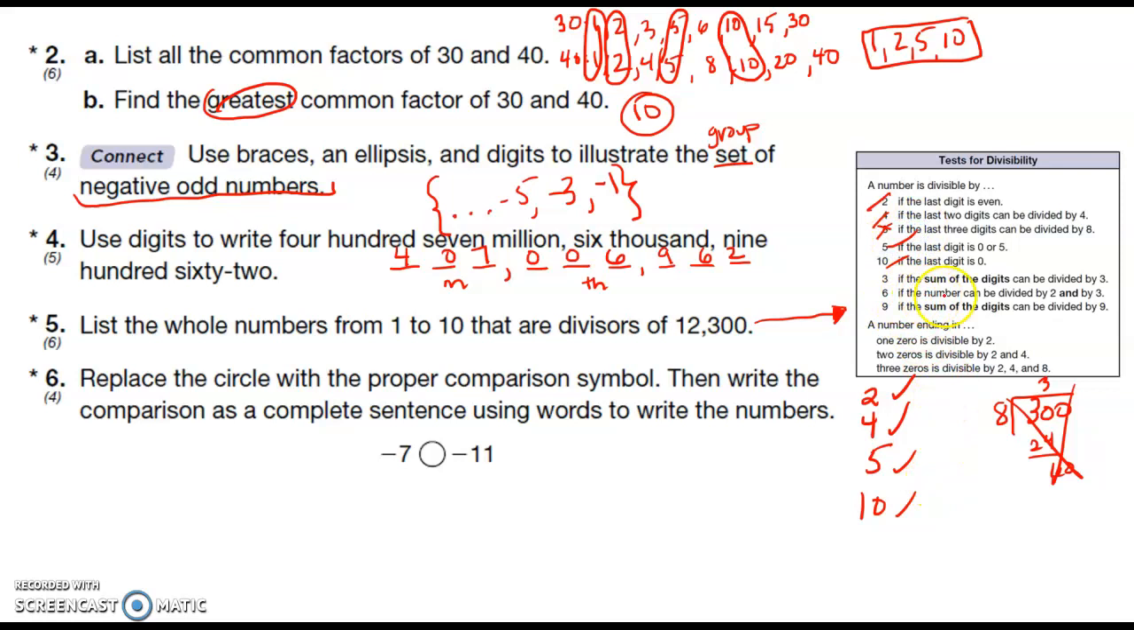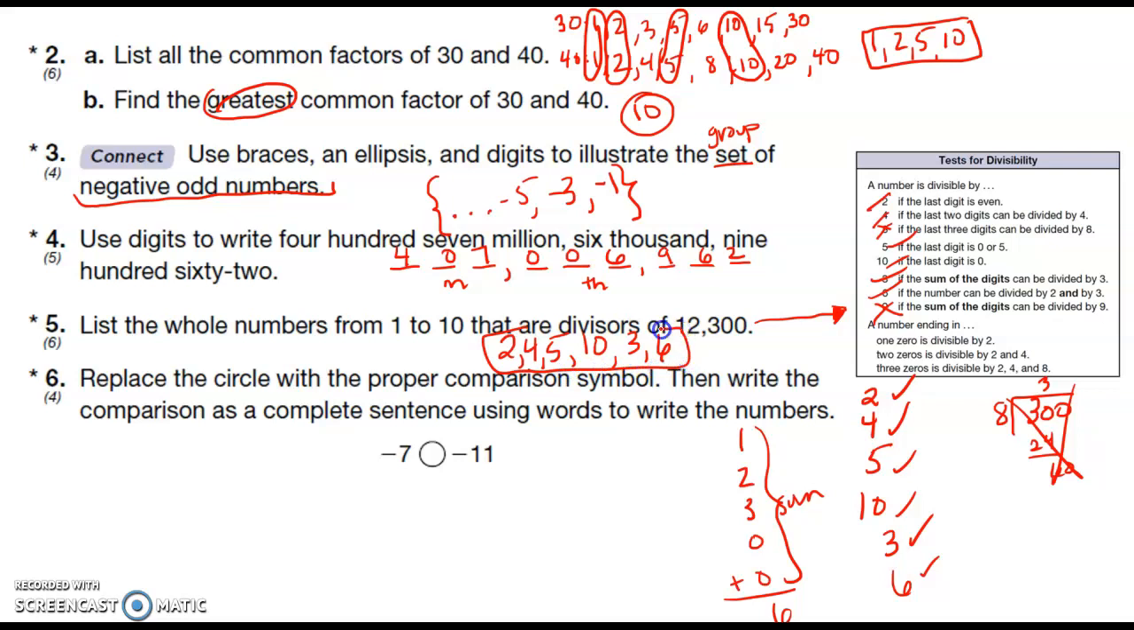Check 3, if the sum of the digits. So we have 1 plus 2 plus 3 plus 0 plus 0. And that gives us 6. This is my sum. That is divisible by 3, so that'll check out. I have 2 and 3, so it's divisible by 6. However, 6 is not divisible by 9. So my answer is 2, 4, 5, 10, 3, 6. I could probably write that in order and make it look beautiful, but